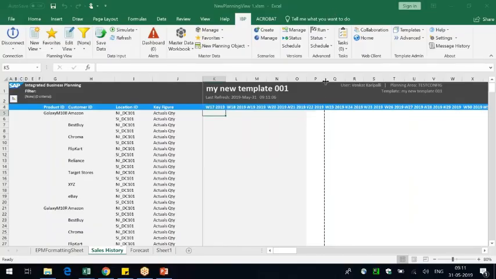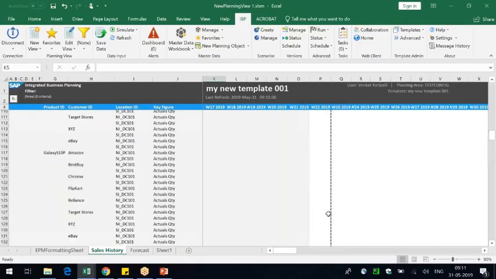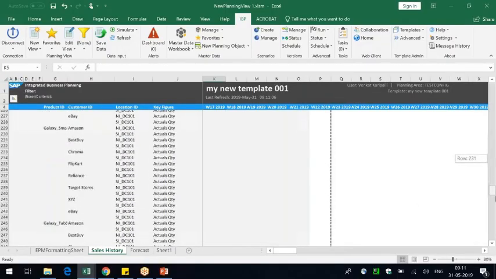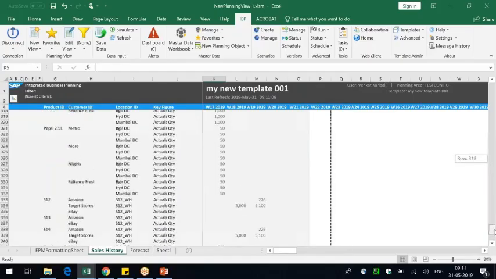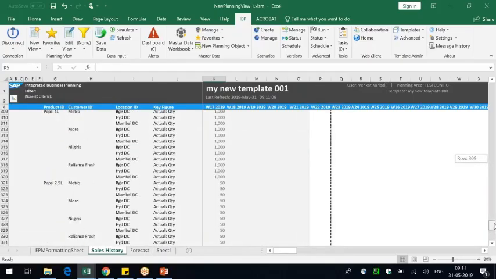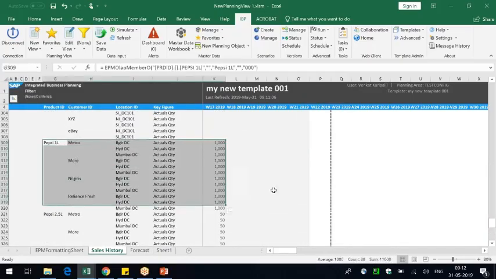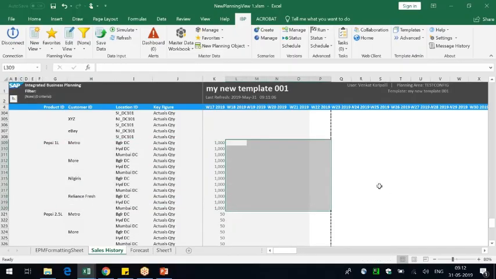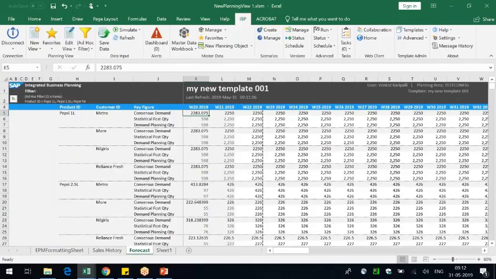There are no values for the actuals quantity for that time frame, but you can see the border coming in. I think there is some data maintained for this Pepsi product, but not for these time buckets. But that's fine. This is how we achieve it, guys.